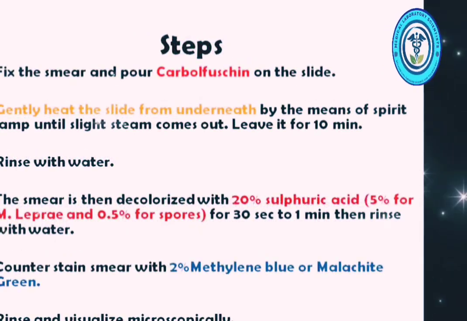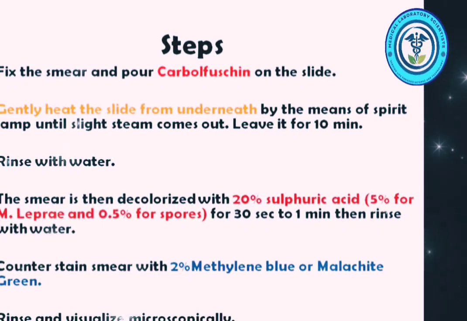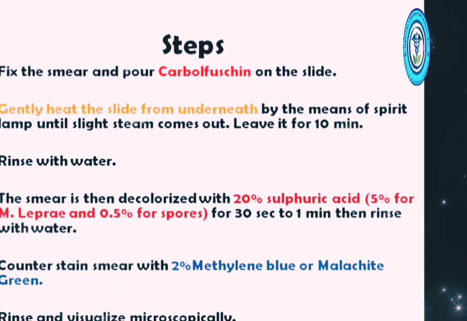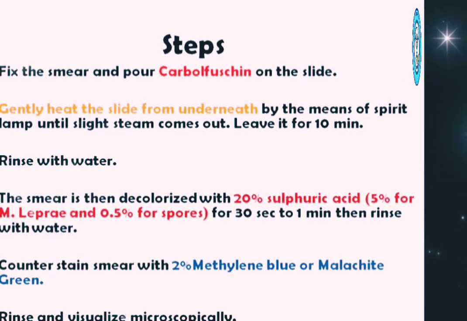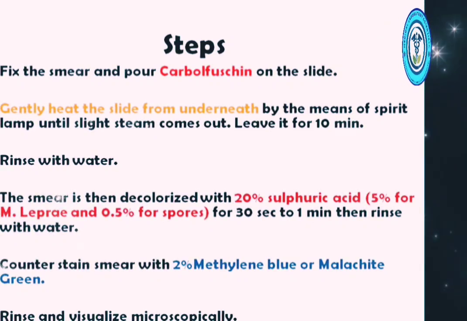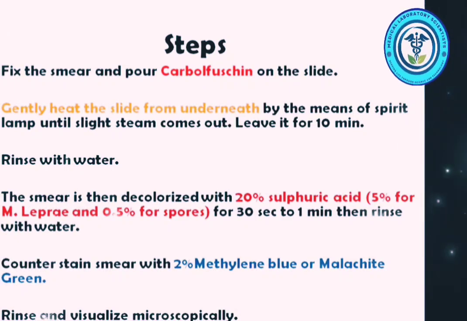We need to prepare a thin smear and heat fix it by passing the slide 3 to 4 times through the flame, and then we need to put the smear over the rack and pour carbol fuchsin on the slide, and then we need to gently heat the slide from underneath by means of a spirit lamp until slight steam comes out, and leave it for 10 minutes. Just remember, we don't need to boil the smear,